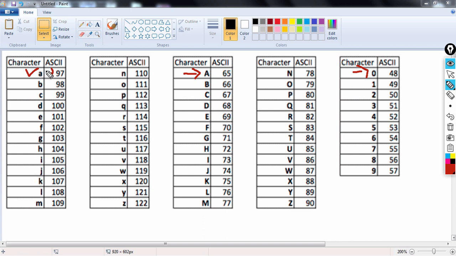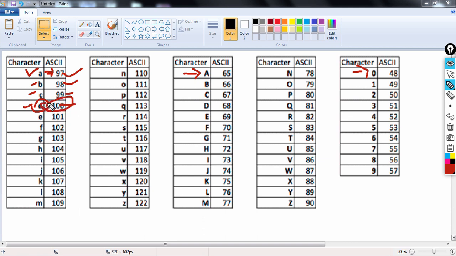For example, if you remember that small a is 97 and you want to find out the ASCII value of the letter D. So letter D is how far from a? 1, 2 and 3, isn't it? So you'll just add 3 to 97 and that will give you 100.